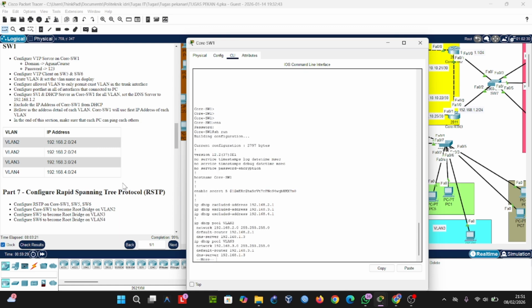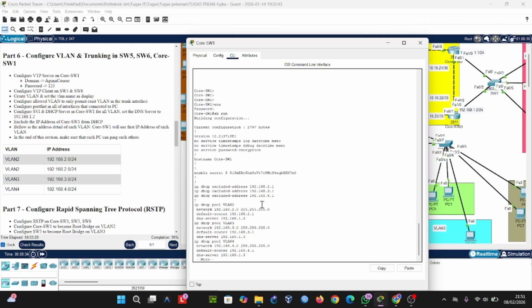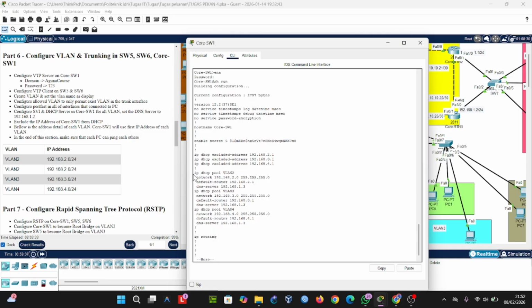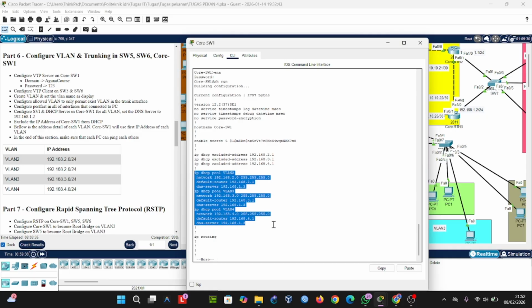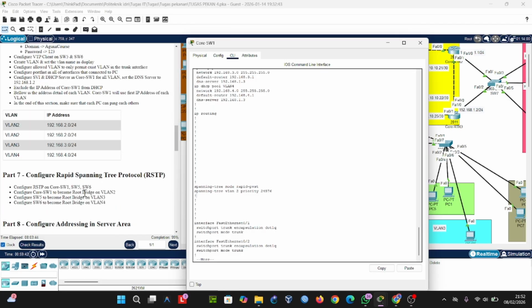The same configuration. We exclude the DHCP addresses for the IP inter-VLAN. This is the IP DHCP pool configuration. This is spanning tree 5 configuration, and root bridge because this is on VLAN 2.